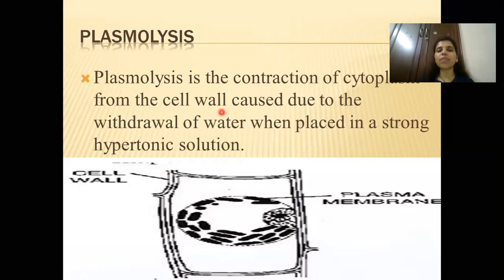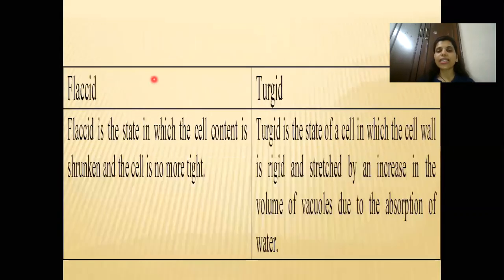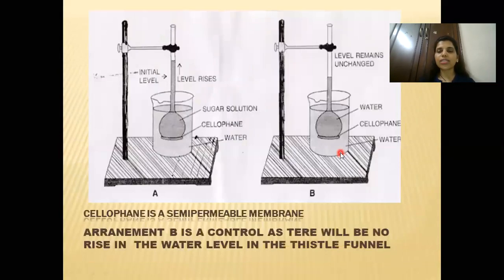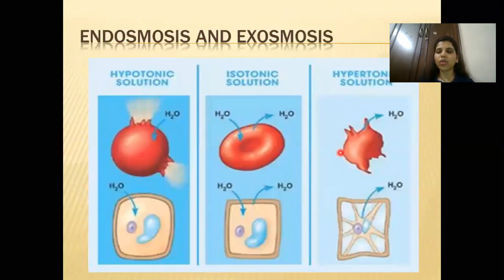Now the next term is plasmolysis. Now this particular word, when are you going to use it? Whenever the cell is shrinking. Okay, here you can see that the cell is shrunken. So now when the cell shrinks, what happens is it is losing its water content which was inside the cell. Now when it is losing the water content, where is the water content? It is inside the cell membrane. Okay, because the cytoplasm has the water content which is enclosed in the cell membrane.